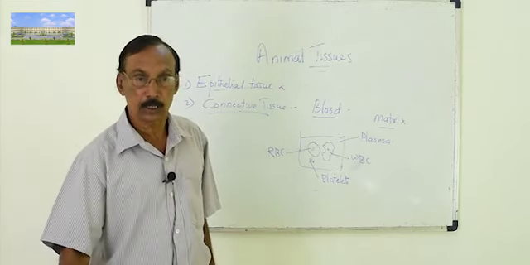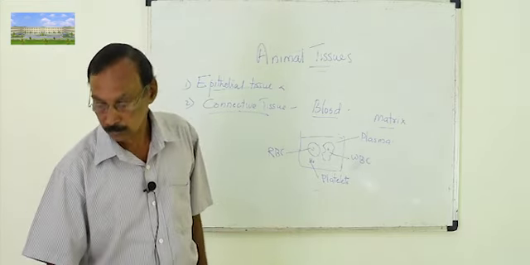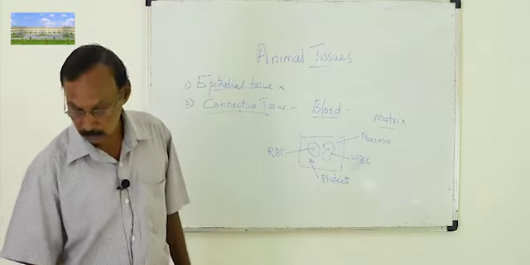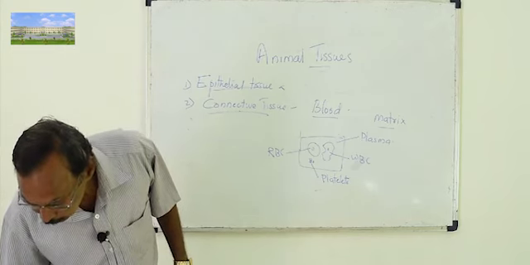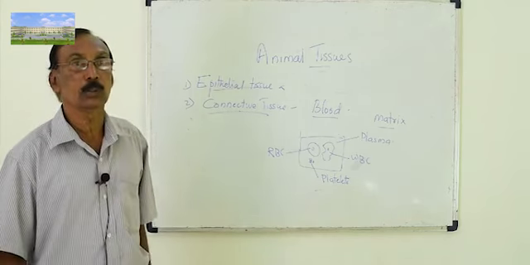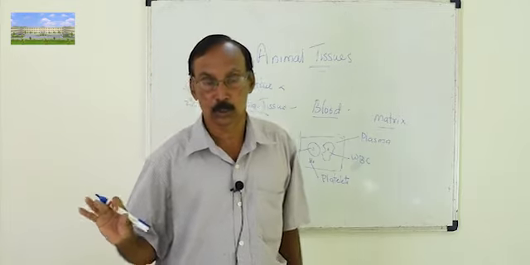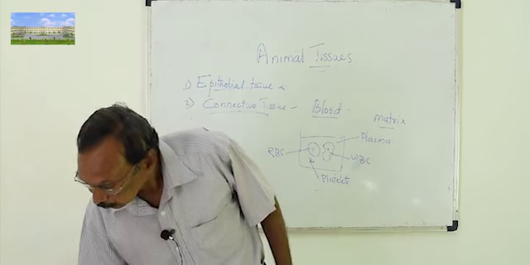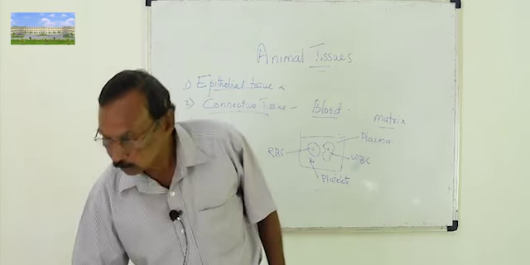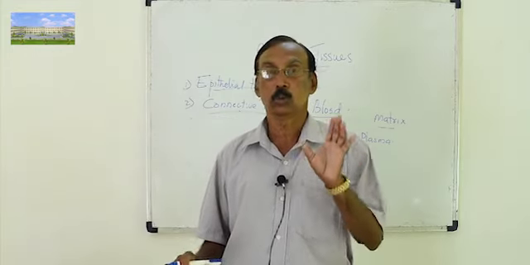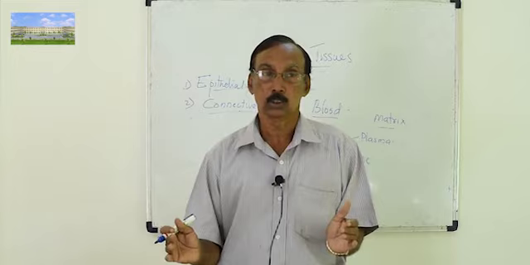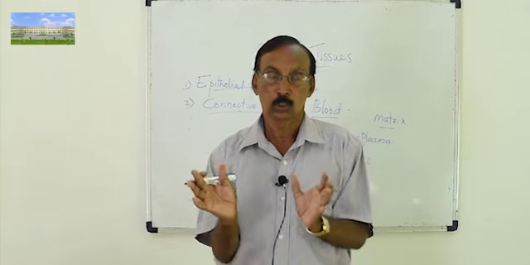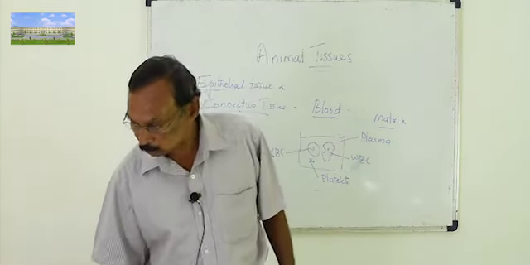The question which you can answer now: define the term tissue. You studied that it is a group of cells having the same structure and function. How many types of elements together make xylem tissue? Xylem is made up of, we already studied, four different types of cells. Like that, the questions which you can answer, you try to answer. How does simple tissue differ from complex tissue? Simple tissue is made up of only one type of cell. In complex tissue, different types of cells together do one function. It is already studied.